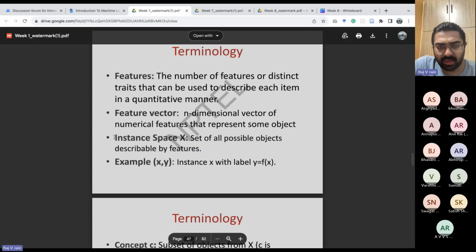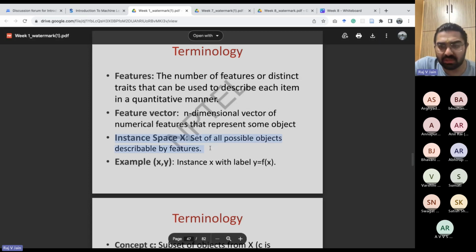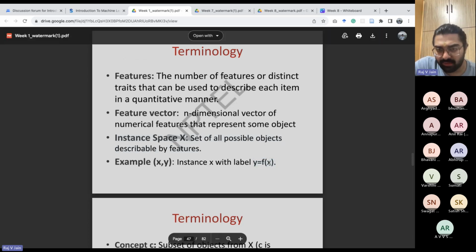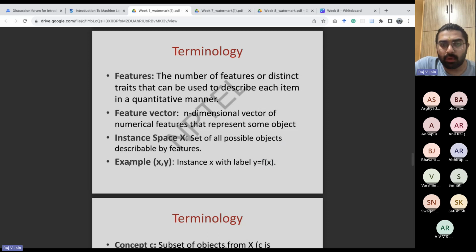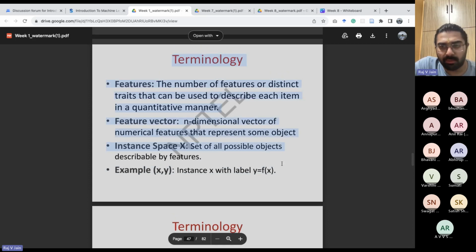So if you see here, this one, right? Instance space X. So set of all possible objects describable by the features. So it's only X, that is your whatever y is equal to f of X, this X. Now, example, they're saying it's X comma Y. So let me go back to the recording once. I have to remember exactly in what